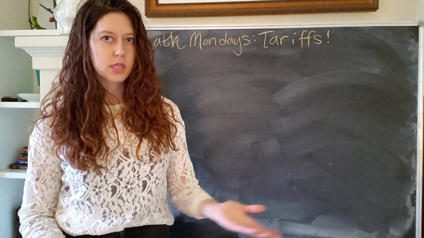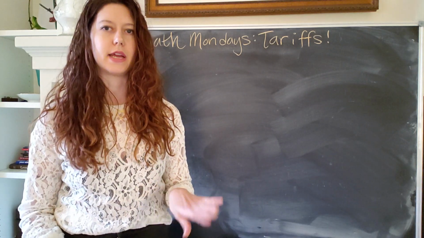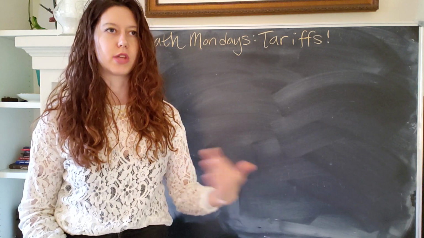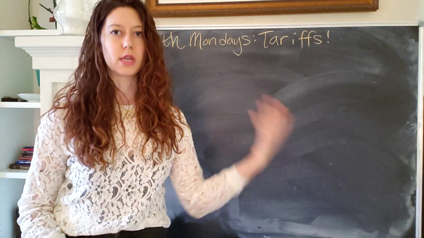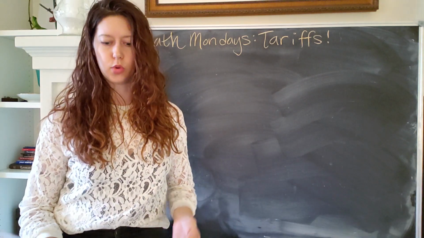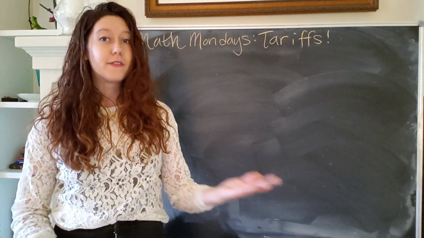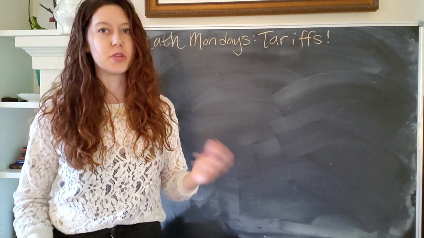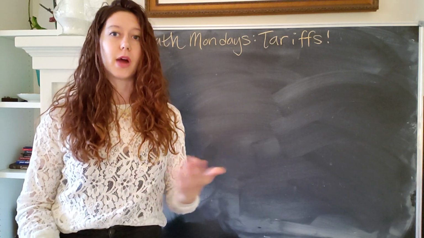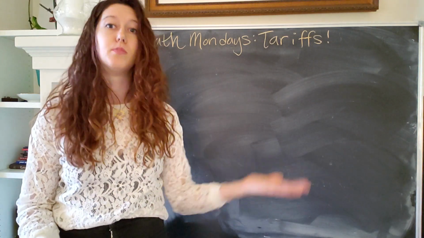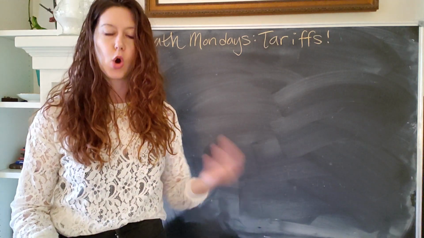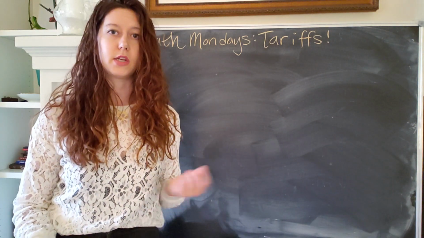Oftentimes, a negative consequence of tariffs is that a foreign entity, a foreign government, will impose a retaliatory tariff, which then reduces our ability to sell our goods. Another downside of tariffs is that they are very difficult to undo. Once an industry is benefiting from the tariffs, they'll fight very hard to protect their interests, which makes sense. And since consumers are the ones that bear the higher cost, it is a lot more difficult to mobilize this broader group of people unless the costs become unduly burdensome or result in severe shortages of key goods like food or clothing or fuel.